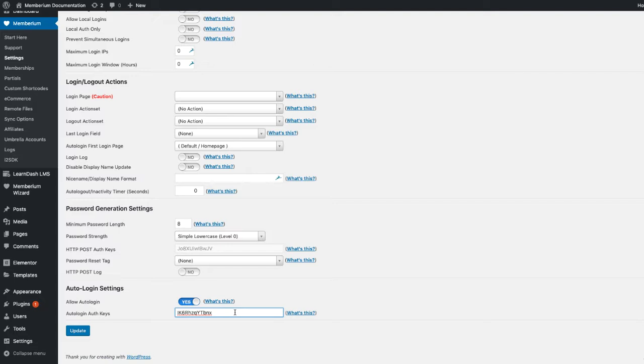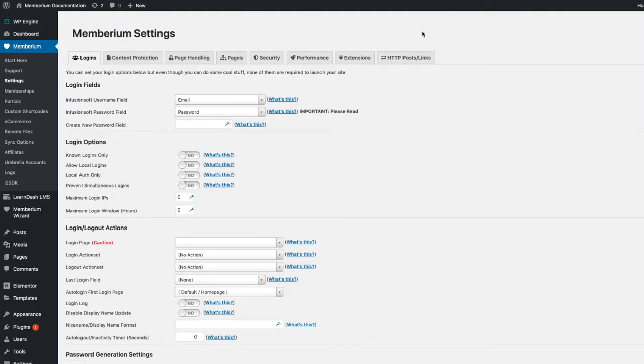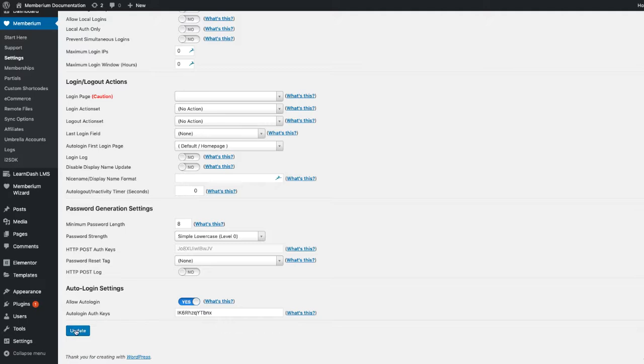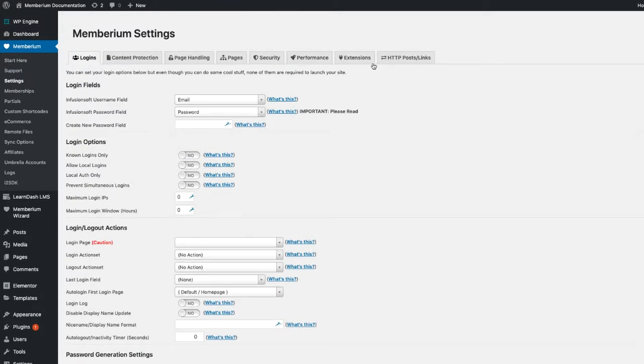Now, you can also add an additional auth key if you just type a comma and then whatever you wanted the new auth key to be. In this case, I'm just going to leave mine as the default, and we'll scroll up. If you did make any changes, make sure to press the update button. Now you want to come over here to the very last tab at the top,